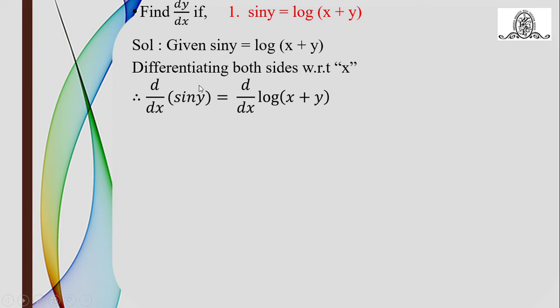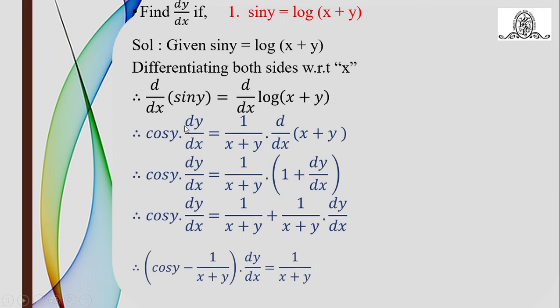Then your left hand side is a function of y and we have to differentiate it with respect to x. How to differentiate it? You write the derivative of sine by using the same basic formula of differentiation. As we all know, the derivative of sine is cos. So here the derivative of sin y is first of all cos y, and additionally multiplied by the derivative of y with respect to x, meaning dy by dx.